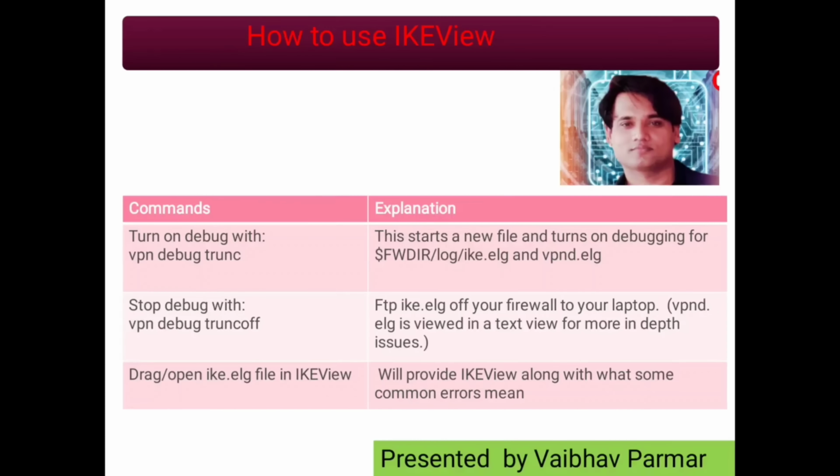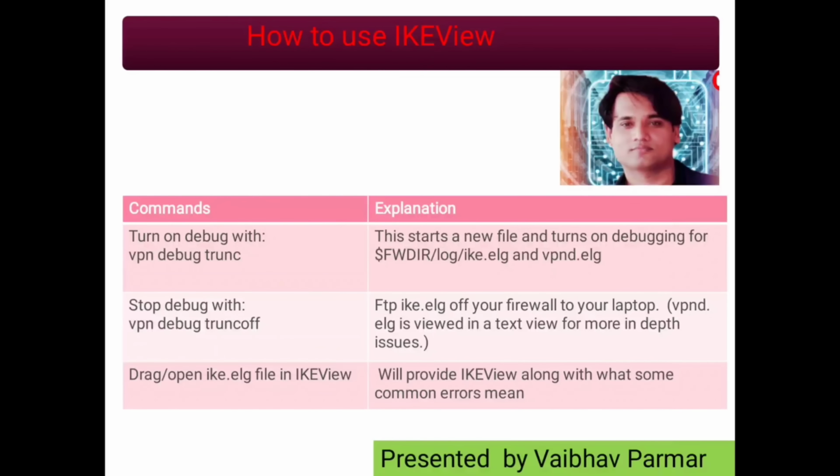You need to try to send some packets from your source gateway to the destination gateway to generate some traffic, and those traffic logs or packet captures get stored into this IKE ELG file. The location of the file is $FWDIR/log/ike.elg, and the vpnd.elg file. Once this happens, you have to stop the debug with the command VPN debug off,